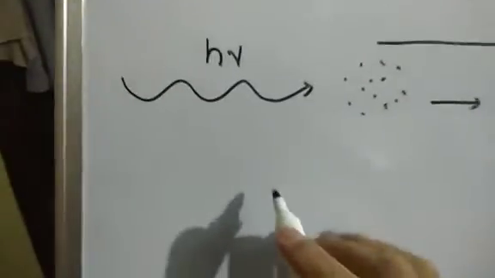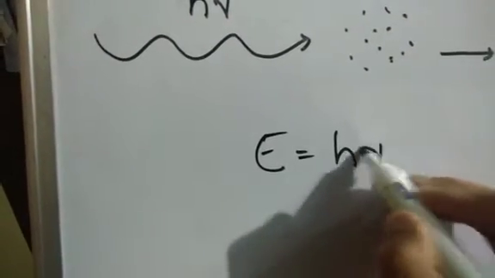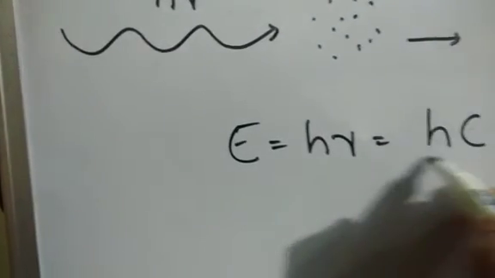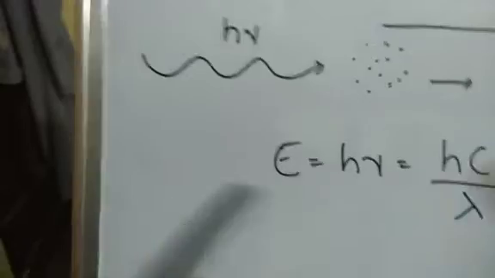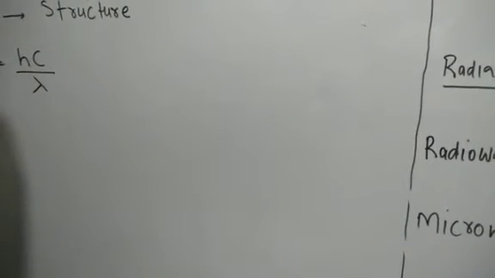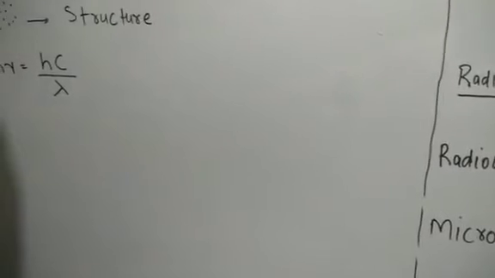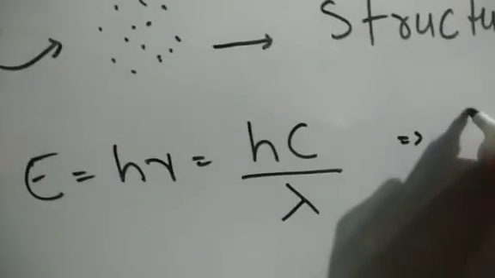As per the relation E = hν = hc/λ, this is the energy associated with each photon or each quantum of light, as we discussed in the quantum theory. Now once the radiation interacts with the matter, first of all, from this relationship the energy is quantized. With each quantum of radiation the energy associated is this much or this much. So the first thing is that energy is quantized.